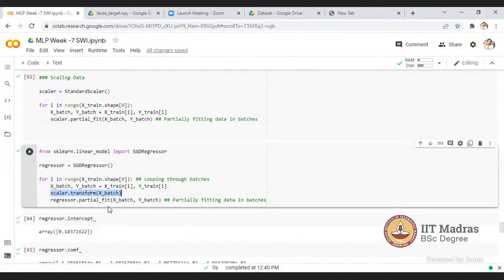This is where it is a bit confusing, because if you're reading one by one, how will we do the